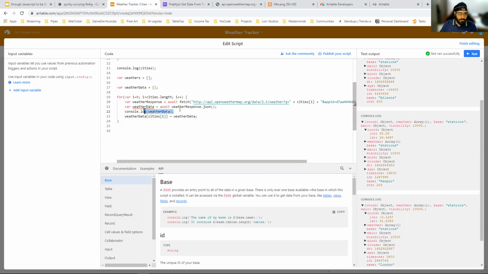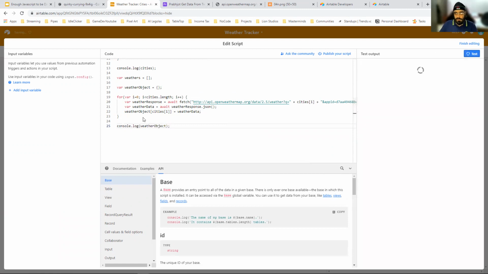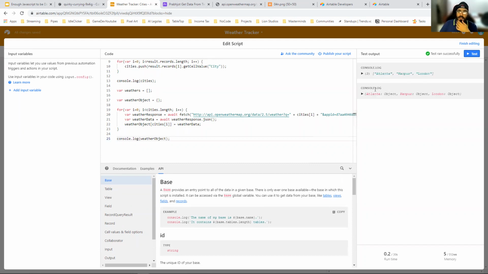Now if I print this, I should call this weather object. Awesome. Now I get this nice looking object.